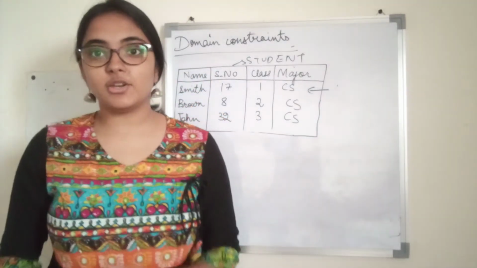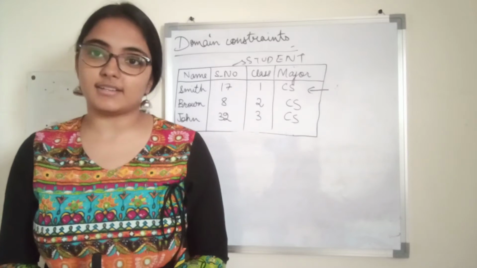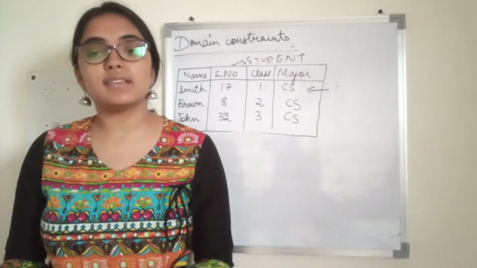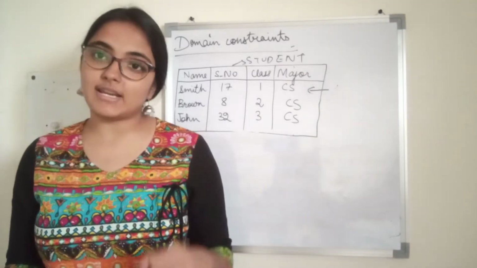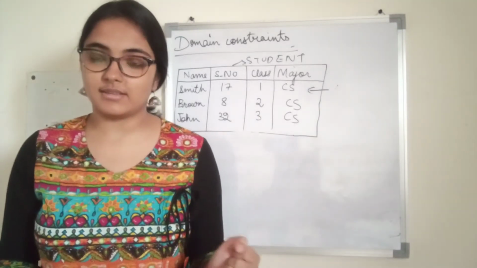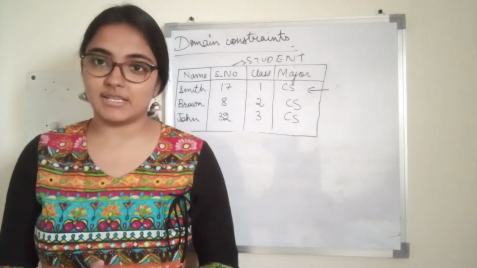So in the previous video, we talked about three types of constraints that we have on the data that we enter in a relation, right? One was implicit model based constraint, the other one was schema based constraint, and the third one was application based constraints, right? So we are going to be talking about schema based constraints mainly.